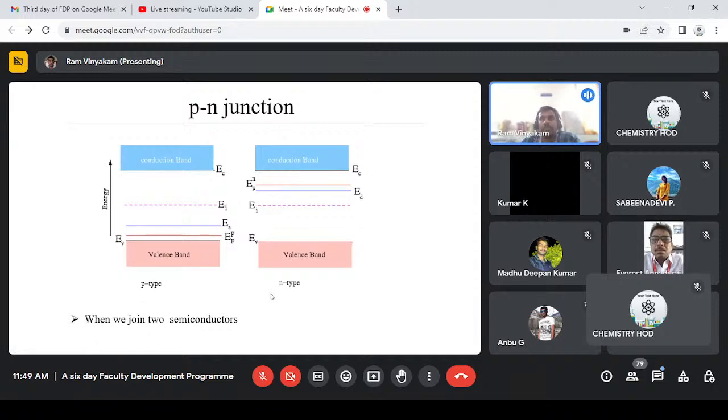Suppose I take an ITO plate and place a p-type semiconductor above it. We can form a sandwich of p and n, but the interface will not be smooth. That leads to the movement of the carriers being much more resisted at the interface. They can bounce back to the same